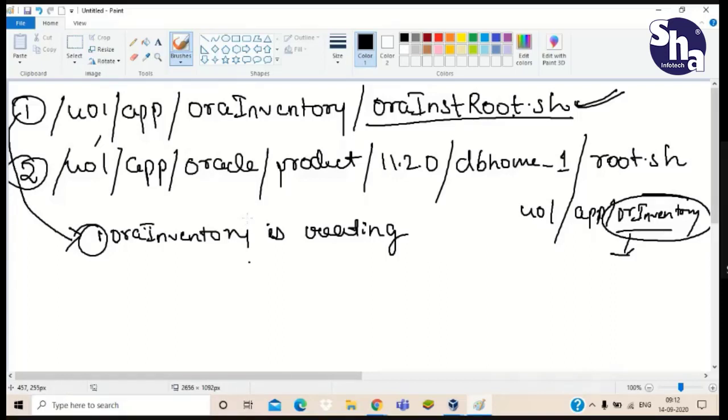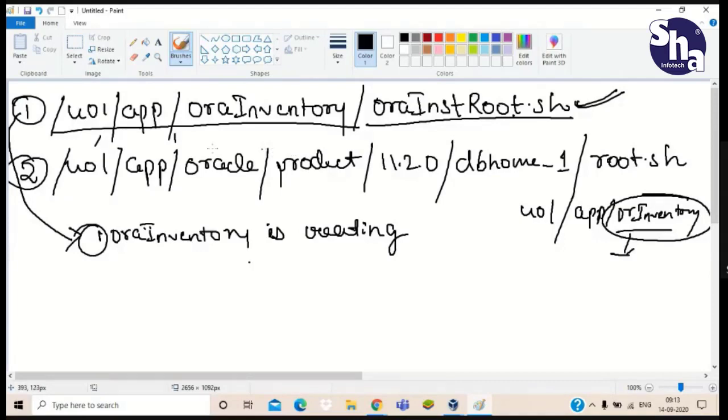Second, we have to run this script as root, because we are creating something. For creation purposes, we have to do it as the root super user. So we are creating this Aura inventory file. Then what will be its group and user? Root and root.